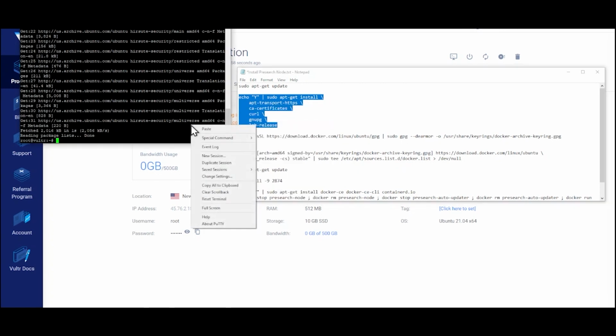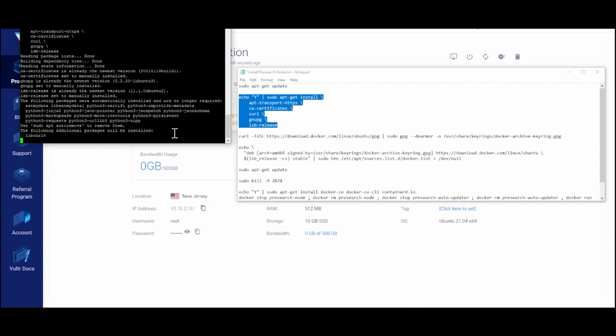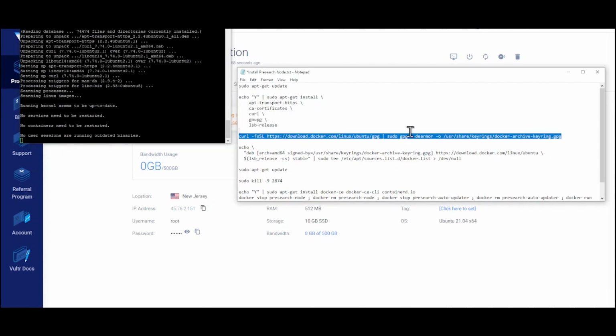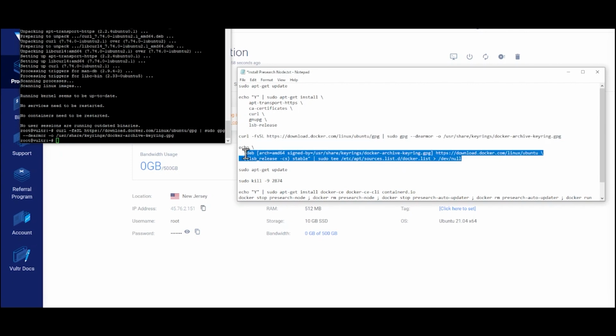Next thing is we're going to work on the GPG key for Docker. It's going to be followed by this next command as well. Okay, I'm going to hit paste and run this as well. This is essentially going to get,